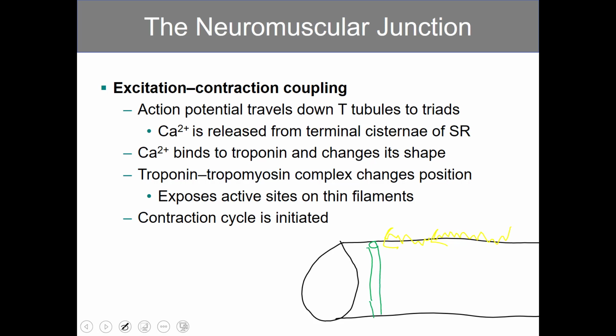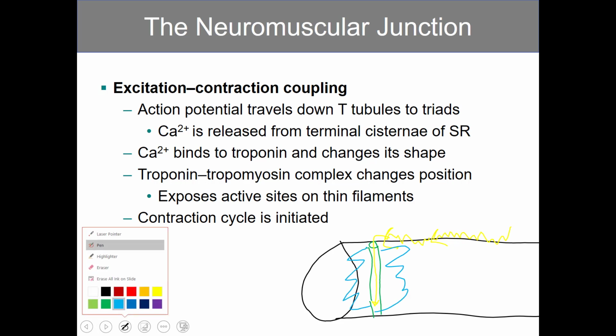Remember, the T-tubules are just tubes that lead deep inside of the skeletal muscle fiber. The electrical impulse, or the action potential, then travels down the T-tubules, where it's going to initiate the release of calcium, which is being stored